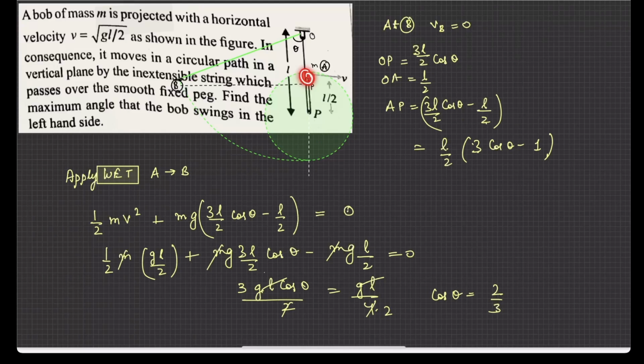AP की वैल्यू कैसे निकाली हमने? This complete will be 3 this L plus L/2, 3L/2. ठीक है, this will be cos theta आ जाएगा वो यहाँ से यहाँ तक, and I minus it by L/2, and this will give me my total fall. Okay, and we'll apply the work energy theorem. यहाँ पे मेरी velocity is 0. Okay,